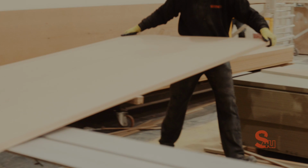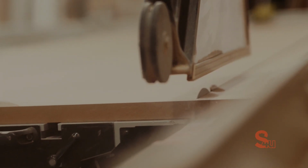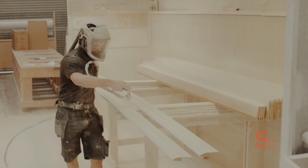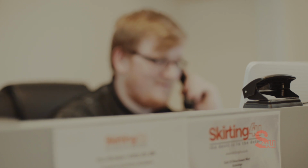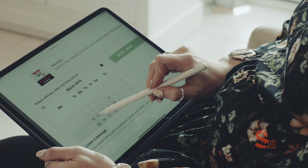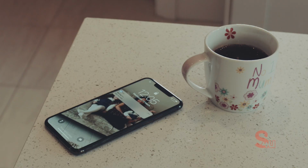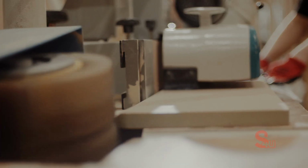Buying new skirting boards and architrave probably isn't something you do very often, so we've made it our mission to make the whole process as easy and stress-free as possible. During the checkout process, you're able to pick your preferred date of delivery, so you'll know exactly when your order will arrive. You'll also receive updates at each stage of production, so you're always up to date with how your